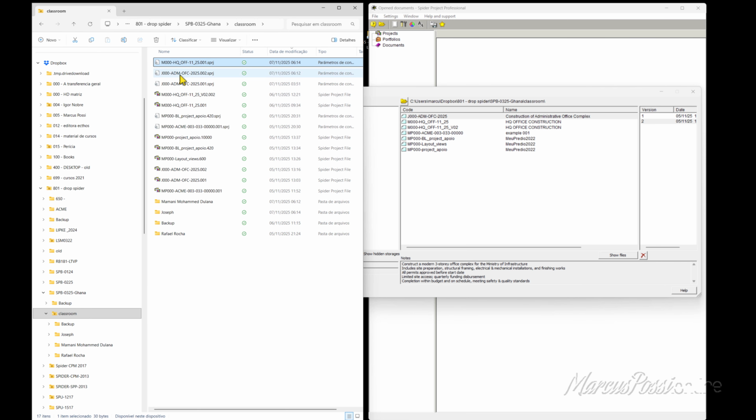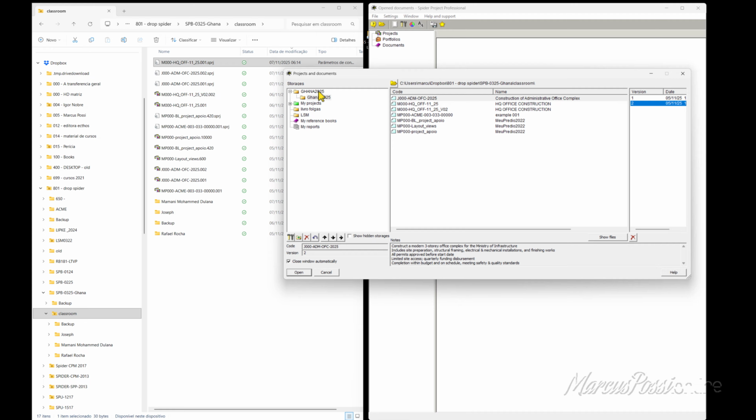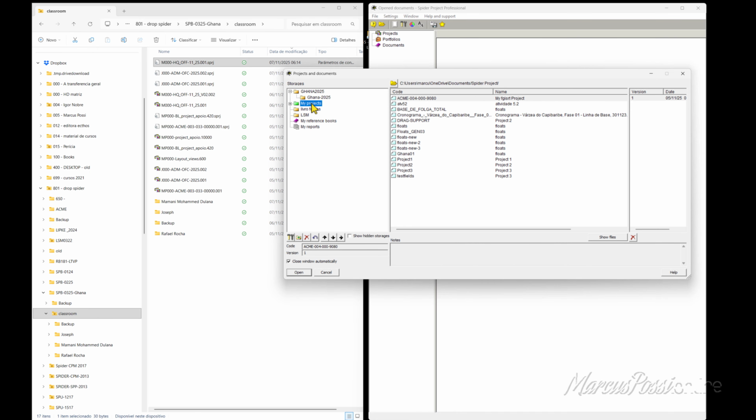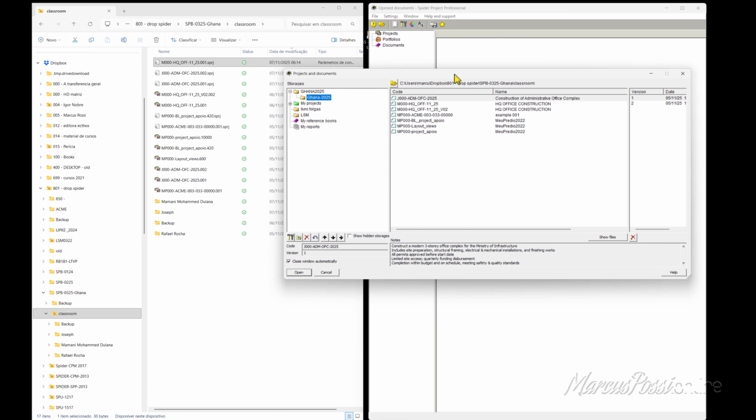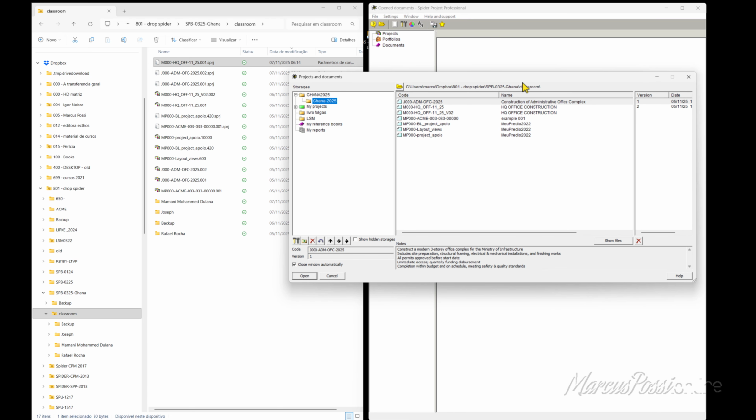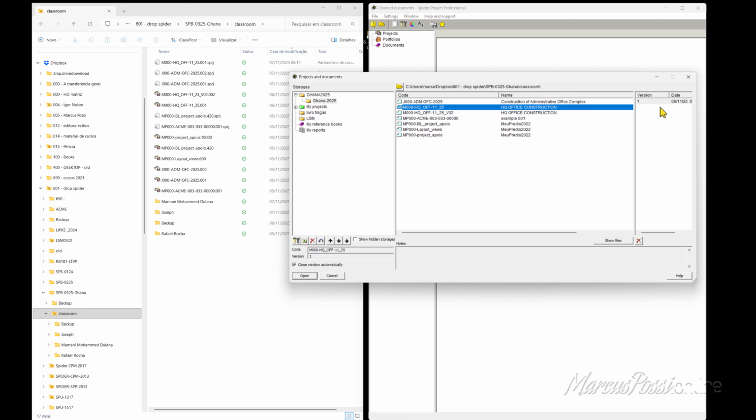Now, but why do I see all these files in Dropbox and I don't see them in my project and document windows? That's easy to answer, because I have to refresh, go into another folder and then come back. While I'm explaining how to use it, some people are dropping new files here. And now I see Joseph 1, 2, Mamani 1,